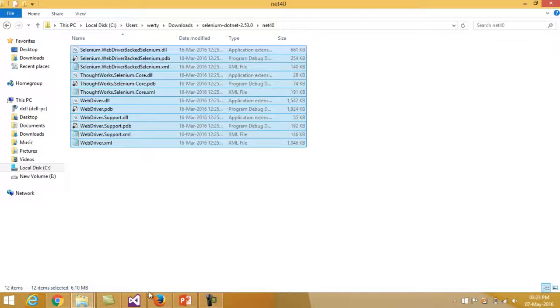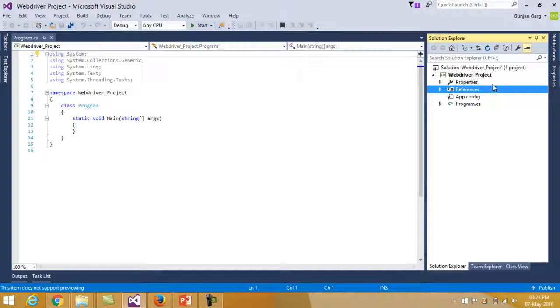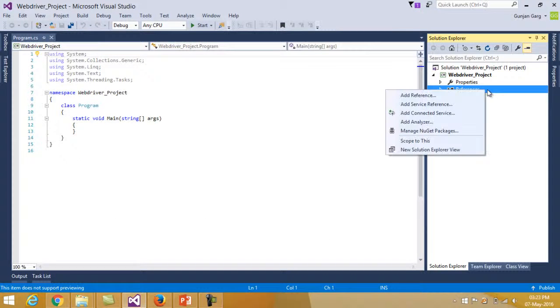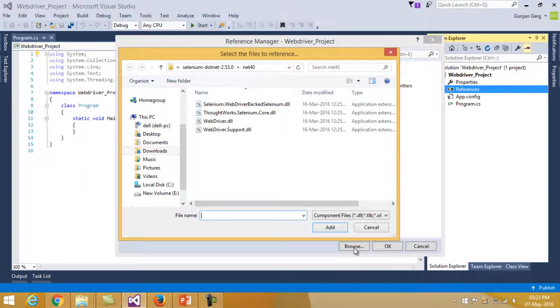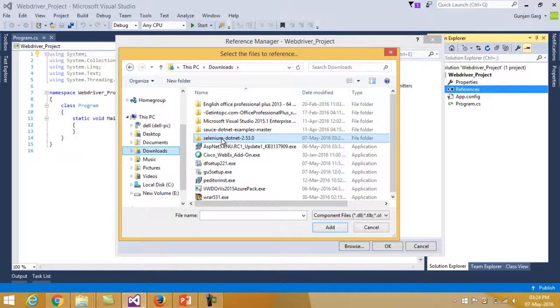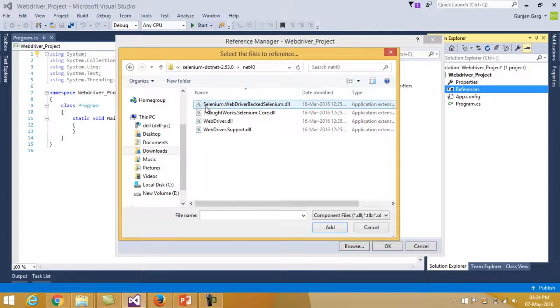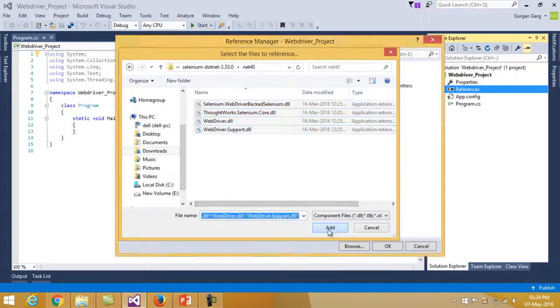So what I do is that I go to my project, I just right click on the references folder and select add reference, and then you can just browse to the location where your DLL files are downloaded. So over here in the downloads folder we have the Selenium DLLs. So these are the DLLs. Select all and click on add.